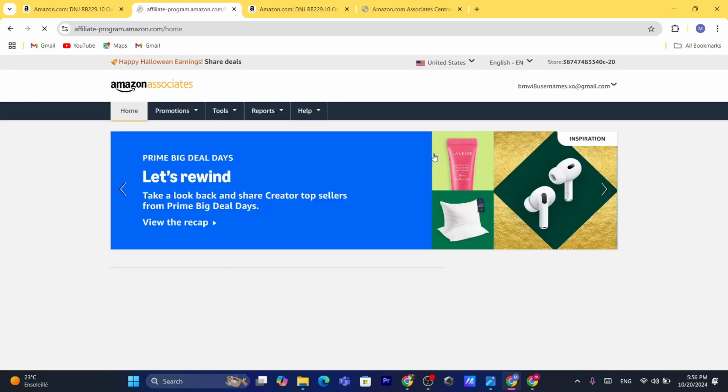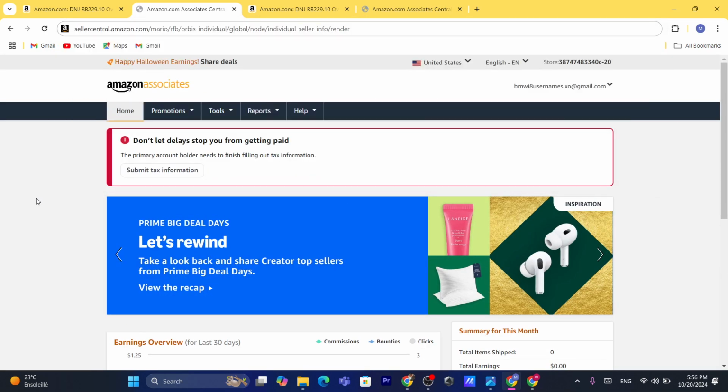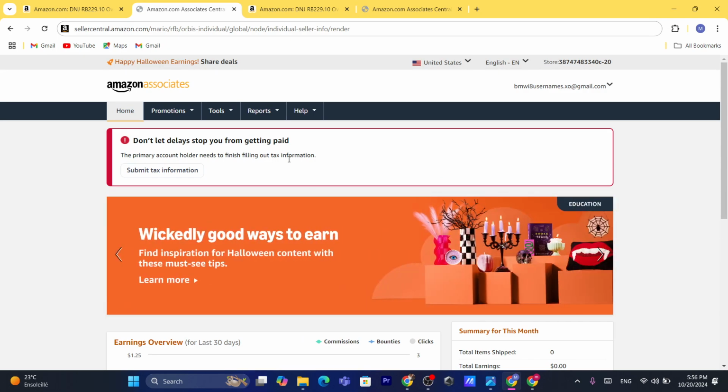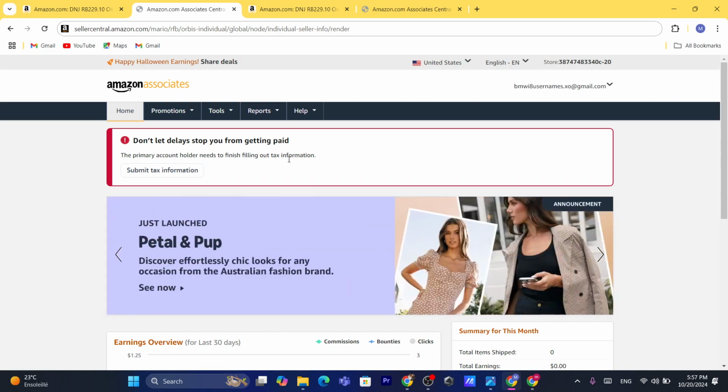Now, after you are on this page, then what you guys need to do next is you want to add here your bank account, or how you want to receive the money. Okay, so if you already did all the information, I'm going to be showing you other steps. Okay, so as you can see, guys, if you haven't done that already, first thing you need to do,